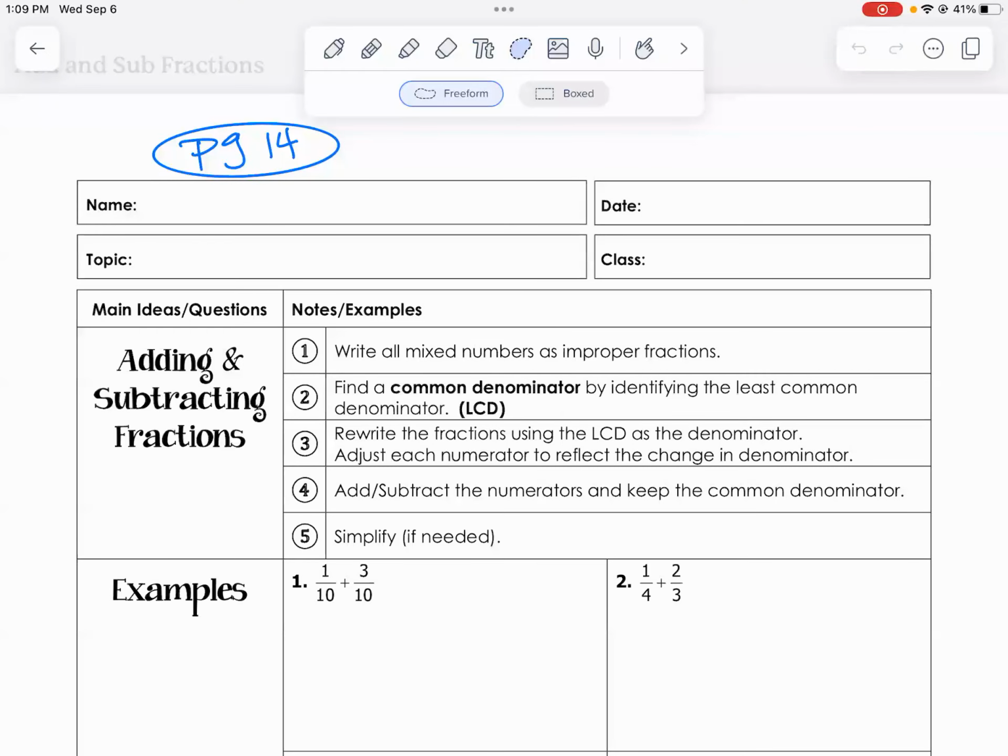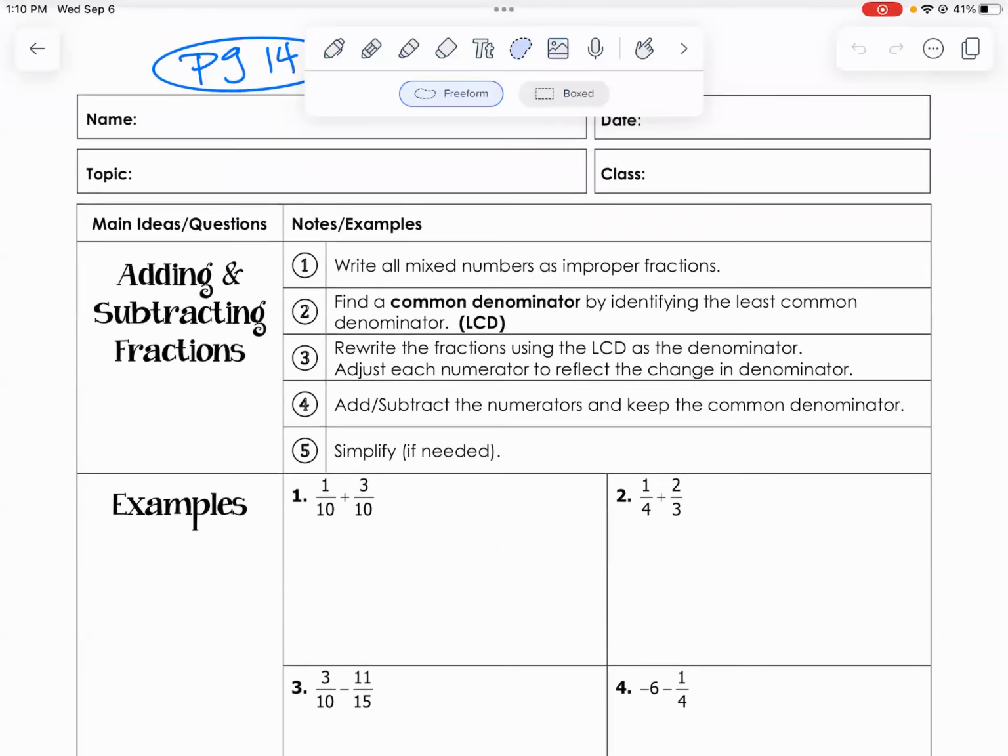So first of all, just like with any other problem we do, if it's a mixed number, we're going to change it to an improper fraction so we can do our operation. Okay. We're going to work on that more tomorrow. But what we need to do is make sure that our fractions have a common denominator. We cannot add fractions together. We cannot subtract fractions together